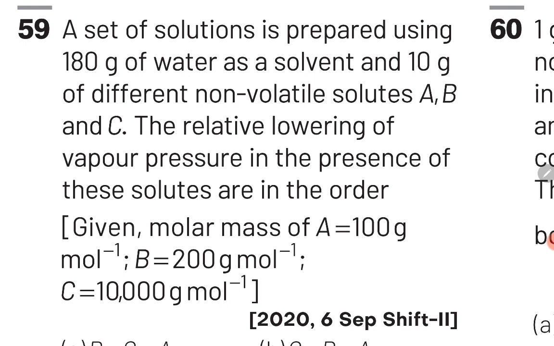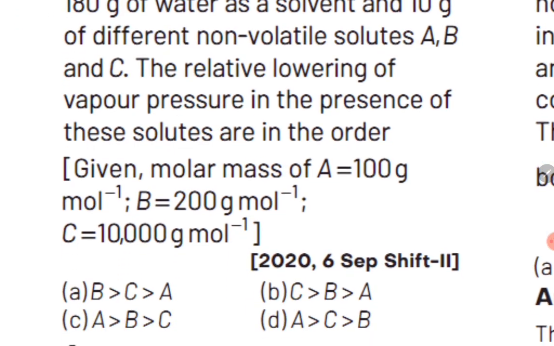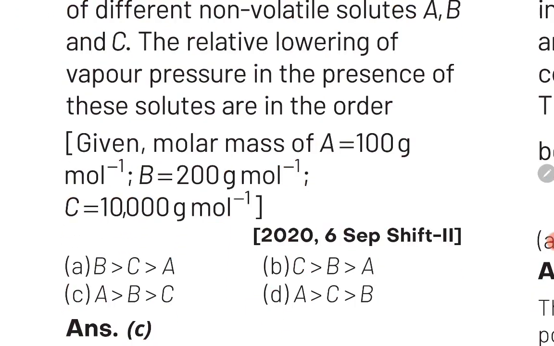Similarly guys, जो कंपाउंड C है उसका मोलार मास मैक्सिमम है and therefore उसके नंबर ऑफ मोल्स मिनिमम हो जाएंगे. And guys, because number of moles of C are minimum, उसकी कॉलिगेटिव प्रॉपर्टी मिनिमम हो जाएगी and therefore relative lowering of vapor pressure for solute C will be minimum. So guys, the correct answer for this question will be A greater than B greater than C in terms of relative lowering of vapor pressure. So guys, with this we have completed this question. Now let's move ahead to the next slide.